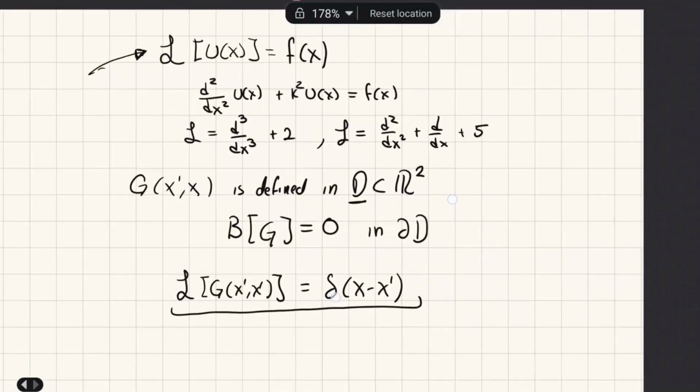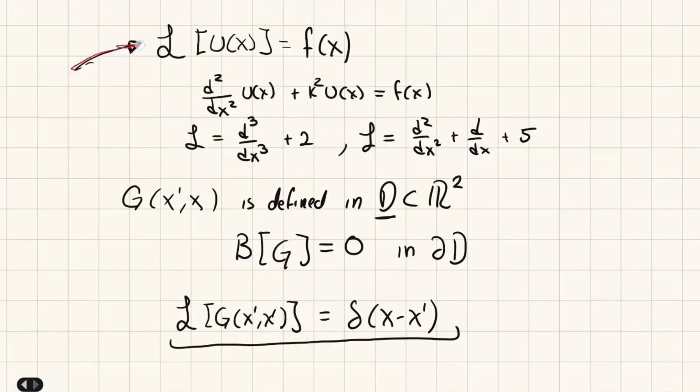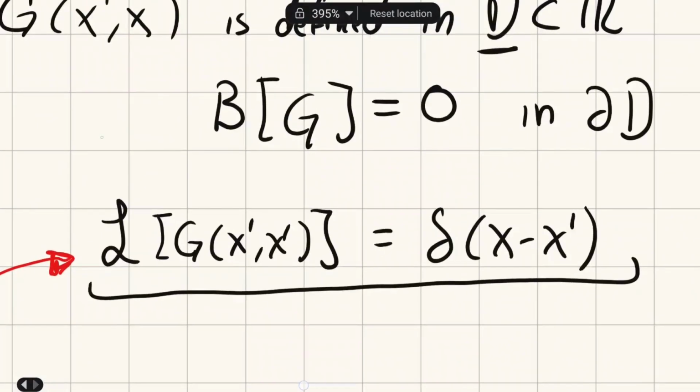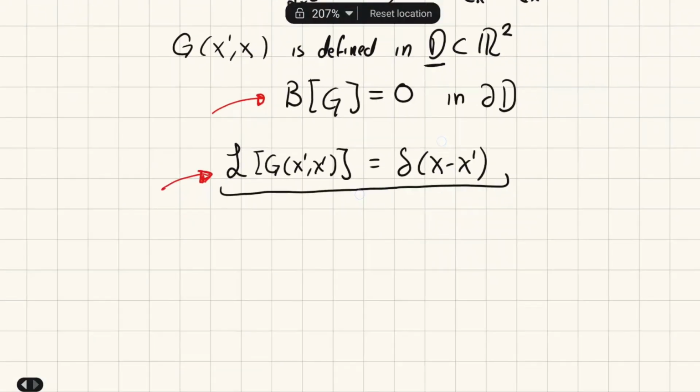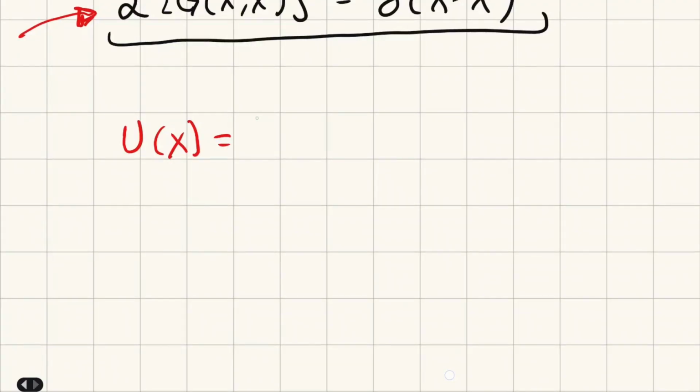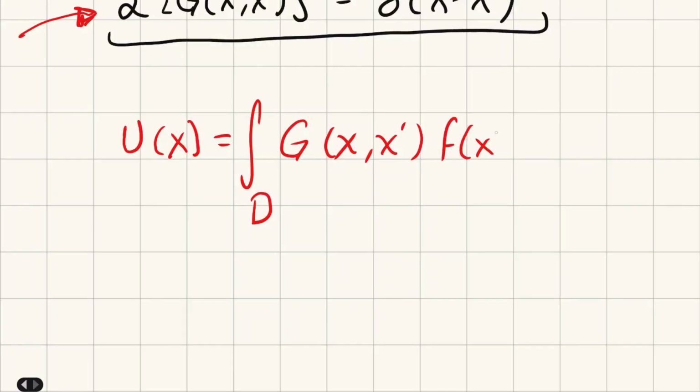If we have this differential equation, we can associate a Green function that satisfies this other differential equation and also satisfies these boundary conditions. Then the solution to the first differential equation is of the form u of x equals the integral on the region where the Green function is defined of the Green function multiplied by f of x